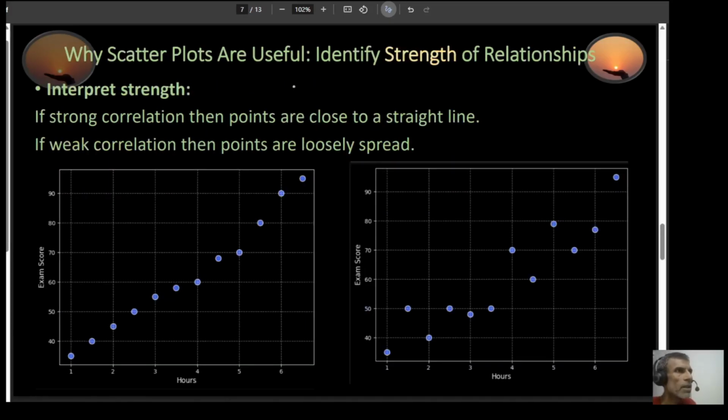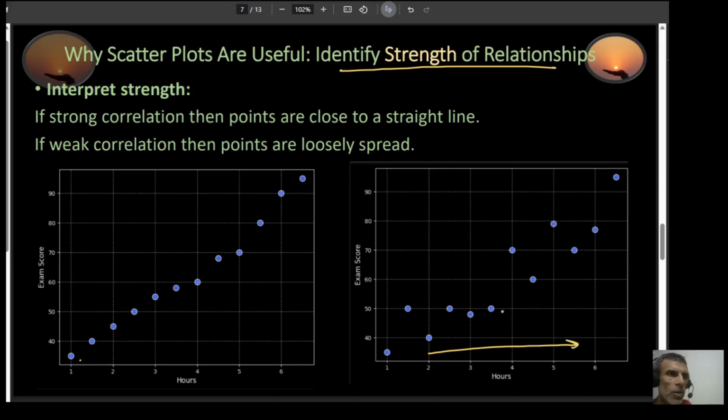Then another one would be to identify the strength of a relationship. Look at this one. This one is showing that as the number of hours this student studied increases, look at his score. It's almost following a linear line right there. This, on the other hand, is not following a line. You can tell that as the number of hours a student studies increases,